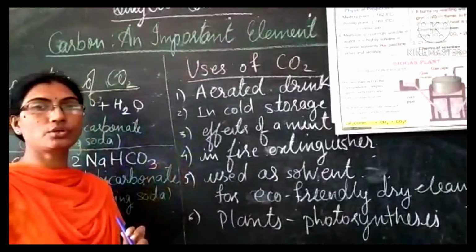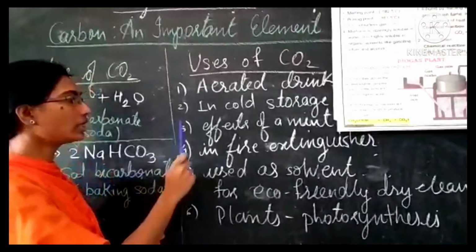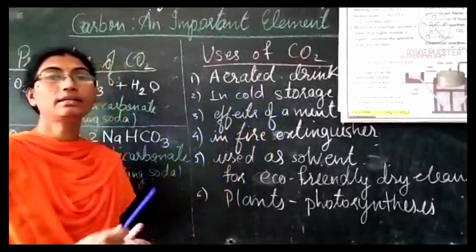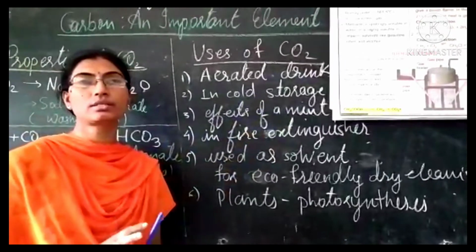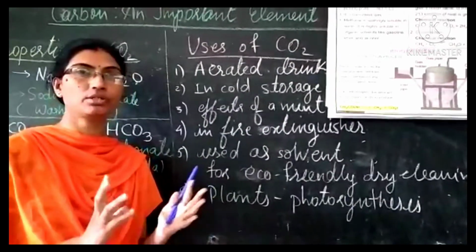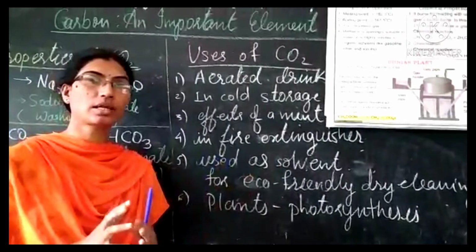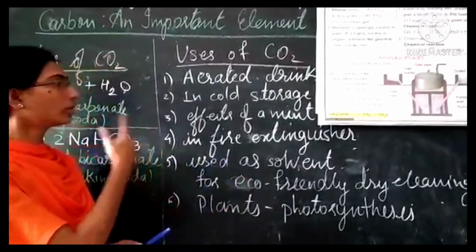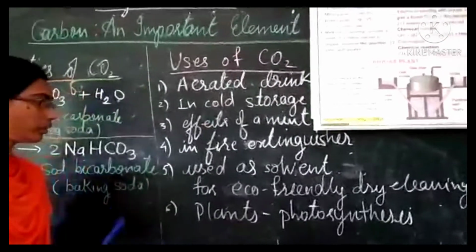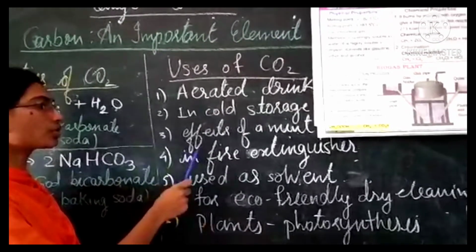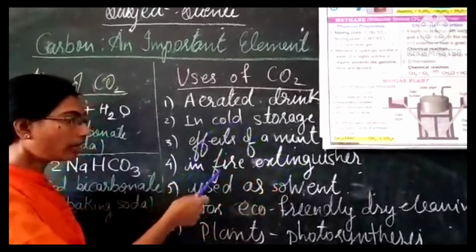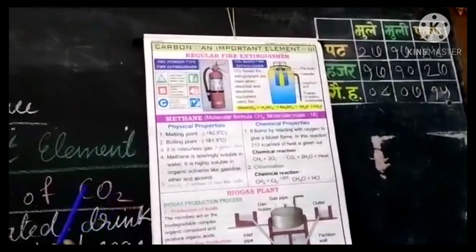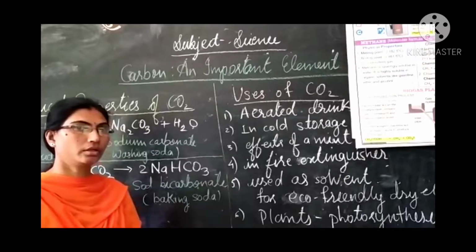there is some interesting use of carbon dioxide. Carbon dioxide is used to show the effects of mist in a drama or skit. We have seen some cloud sort of mist sprayed from both the sides on the stage to have a different look, and that is all because of the carbon dioxide gas. Now, the next use is it is used in fire extinguishers. I will explain in detail how the fire extinguisher is going to work. It is used to switch off the fire.